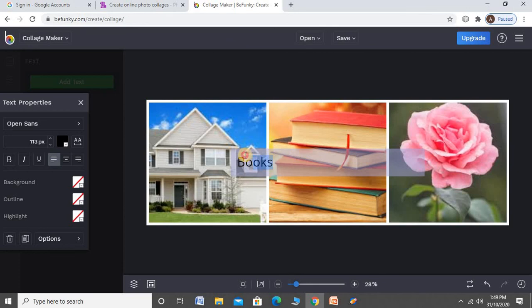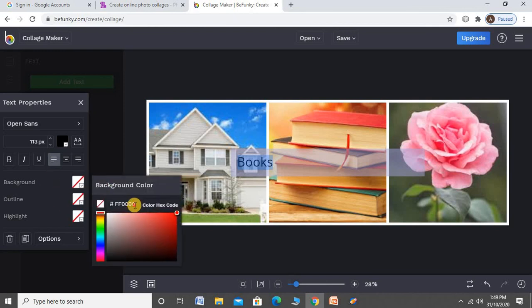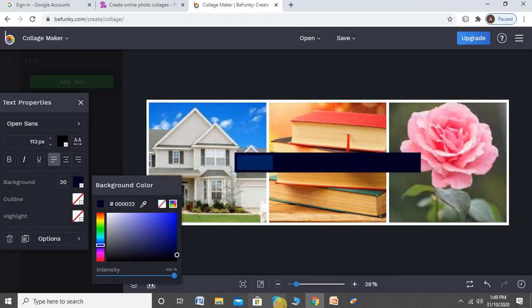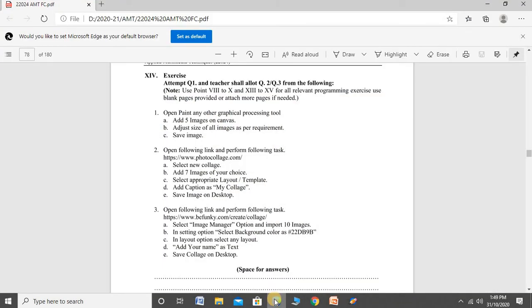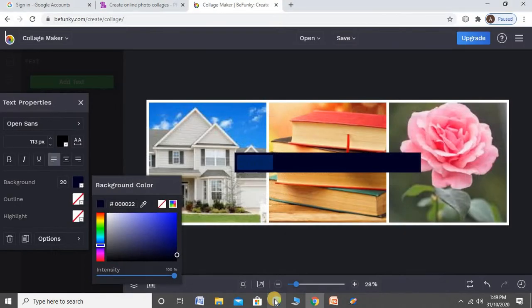Giving the books. Okay, change the background. The question says double 2 DB9B. The color is set to DB9B.